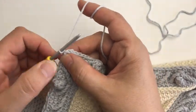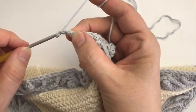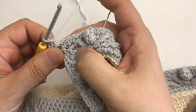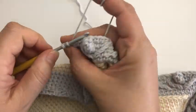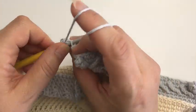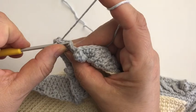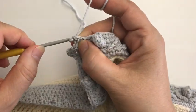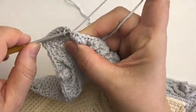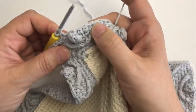Alright, so here we are back in round 26 now, which we start with a chain 1 and then the corner, and from here on 2 single crochet, single crochet in the back loop only, then 3 single crochet, which means you should have your 3rd single crochet just before the popcorn stitch,